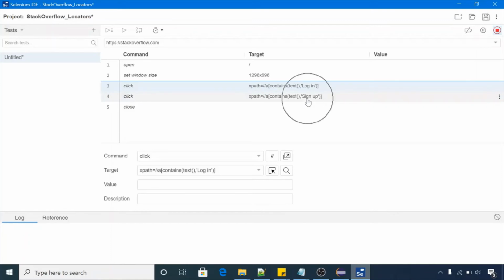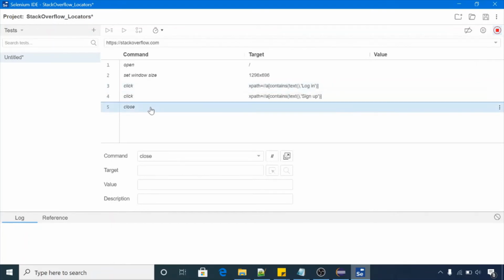And after that we click on sign up button, and after that we close the browser, right? Now this is a small script, right? Launching browser, opening stackoverflow.com, and after that clicking on login button, and after that clicking on sign up button, right? So all these operations can be exported to a language, like Java.